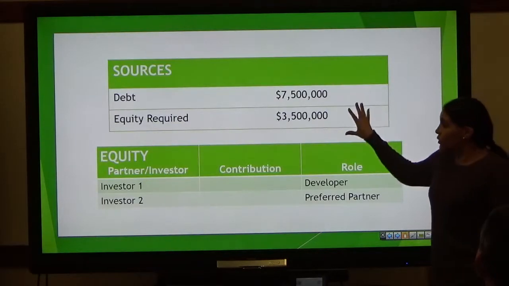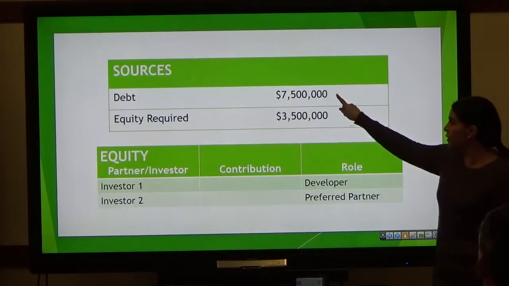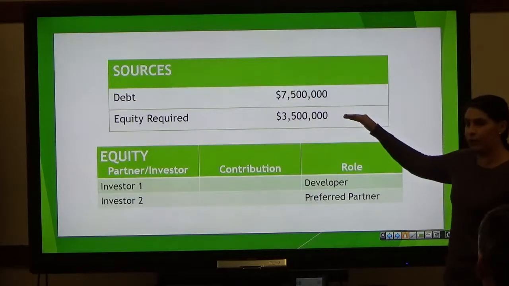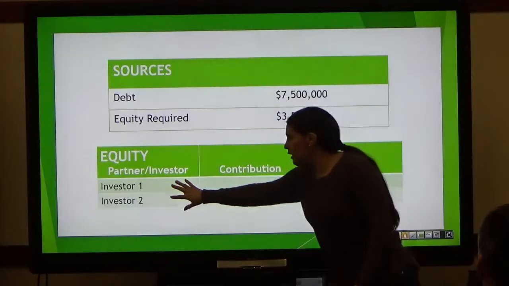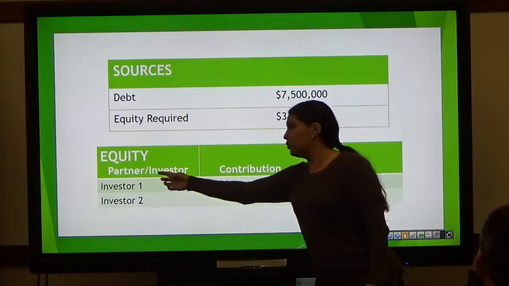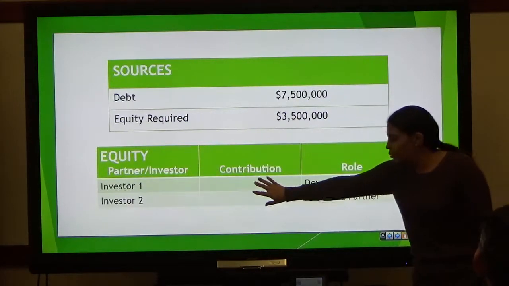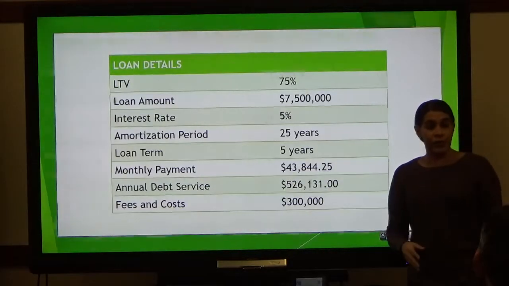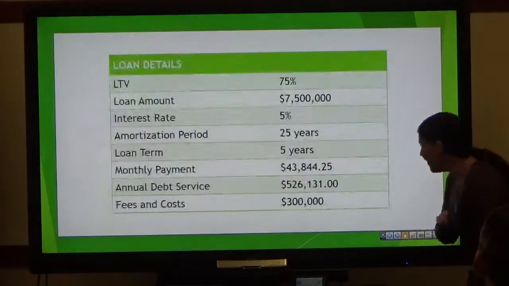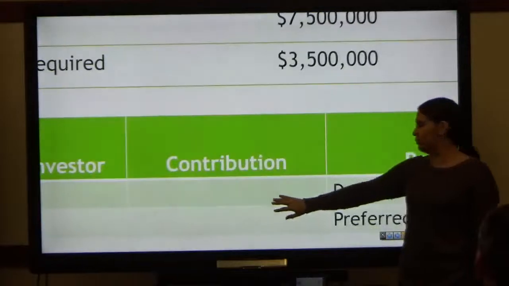Then I have my sources right here, listing the debt, the equity that we're going to require, and then a breakdown of who your investor is going to be, or if it's just one, then what the contribution is going to be, either in percentages or